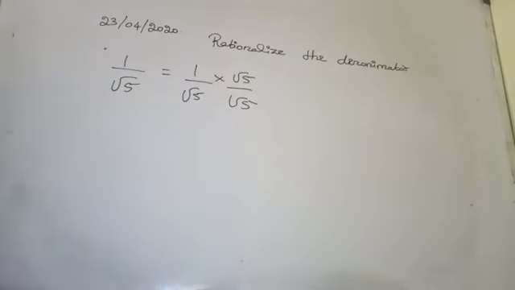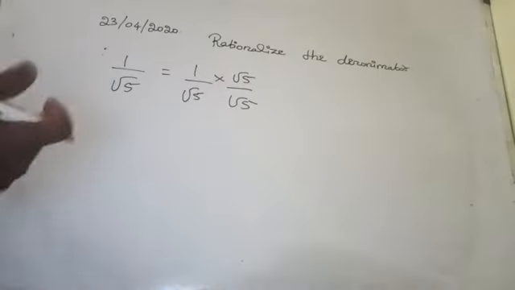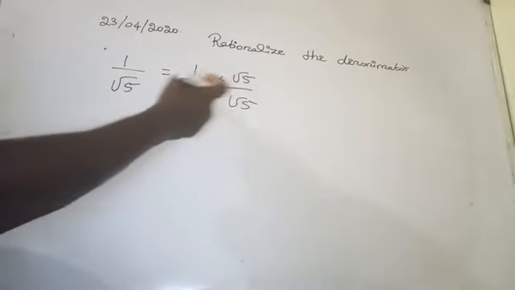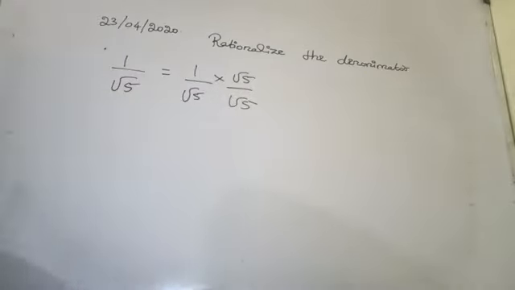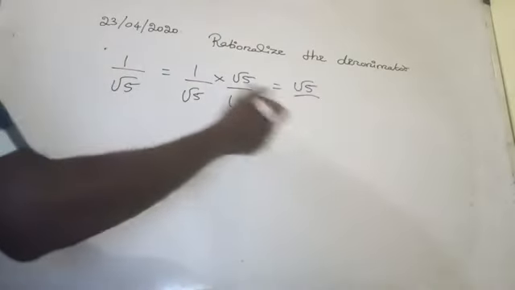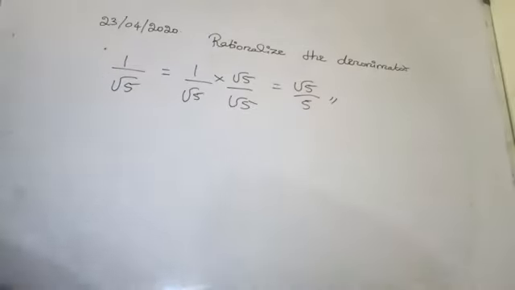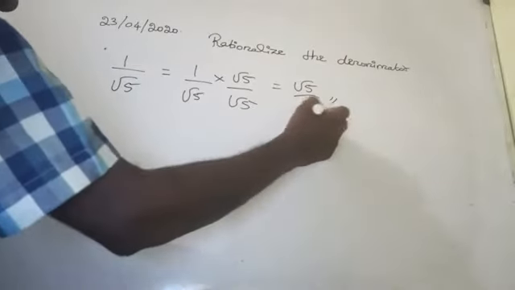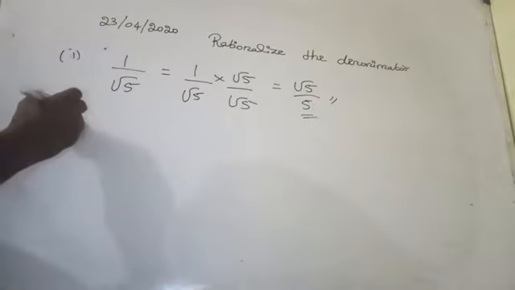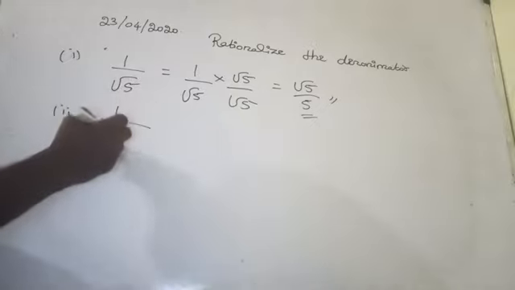If any non-zero constant is multiplied with numerator and denominator, the value does not change. Here root 5 got cancelled, then again you will get 1 by root 5. Now 1 into root 5 is how much here? Root 5. Root 5 into root 5 is nothing but 5. Now we rationalize the denominator. What we are getting here? We are getting 5 here. Are you getting?